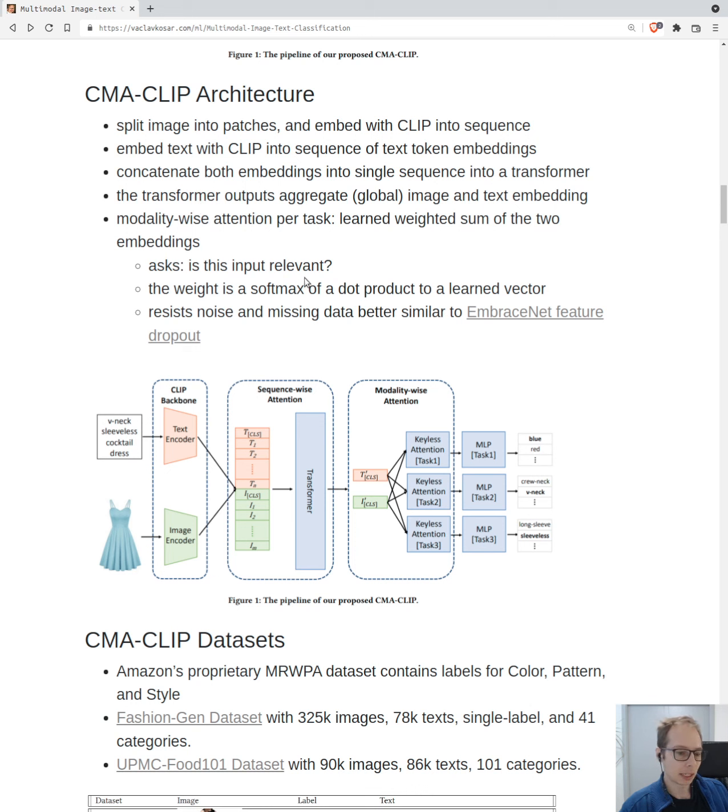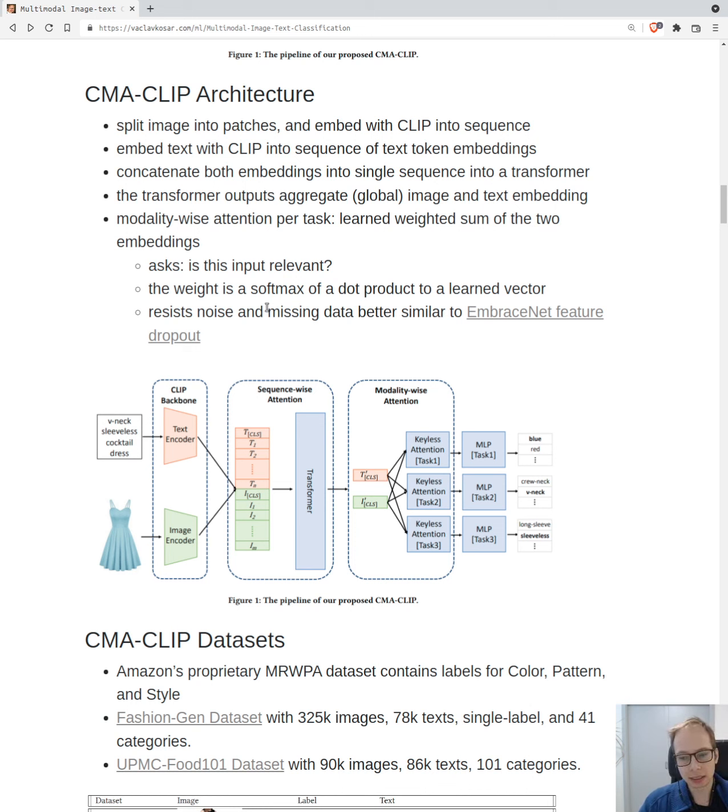And what they add here in the CMA Clip is this modality-wise attention, which is basically just weighting. So per task, they have some kind of projection vector which describes what we are interested in in the embedding, and they do multiplication separately for the image and text class token embedding. As a result, they get some projection into this vector, and they use it as a weight. So this cosine similarity is used as a weight, and